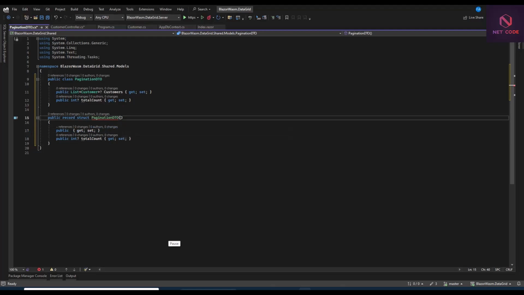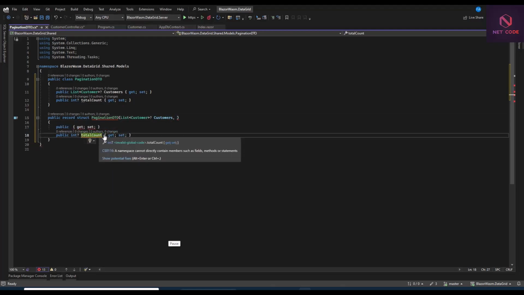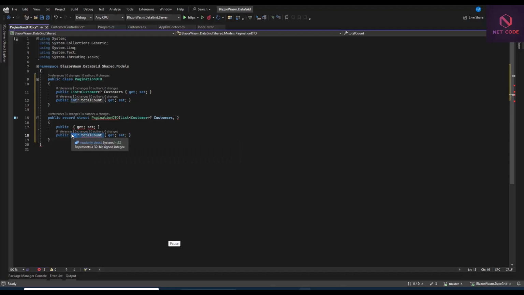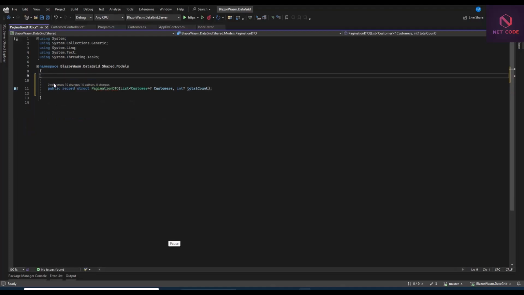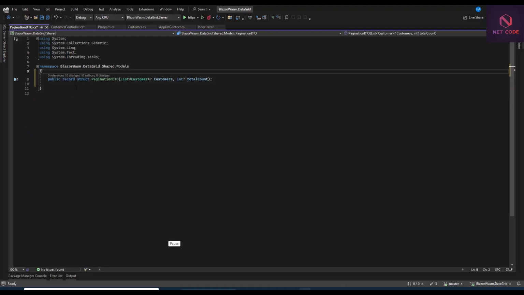Let's cut this list, paste it here, put comma, then grab this with the data type too as well. So let's cut this and then put it here and close it up. So we can now clear this off. So we see this is just one line, and look at this. So we can now use this instead of this. So let's clear this off. But when you use the other one too, no problem, it still works. Okay. So when we have this record,